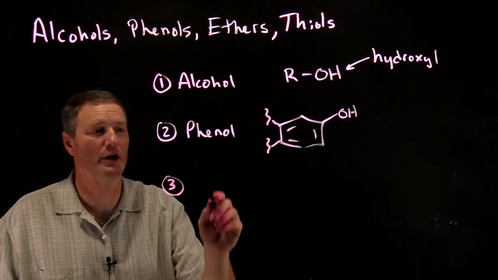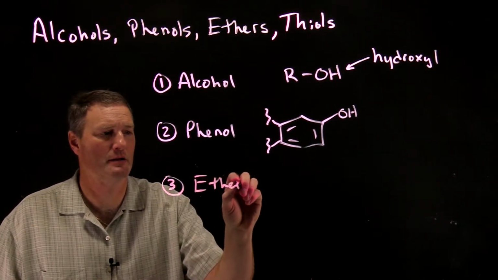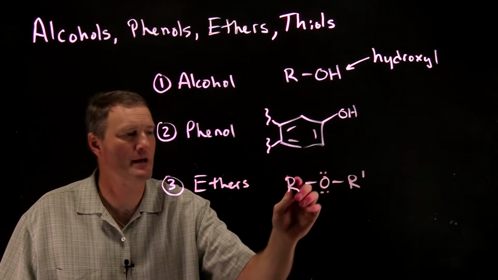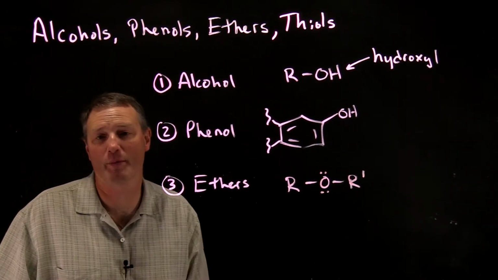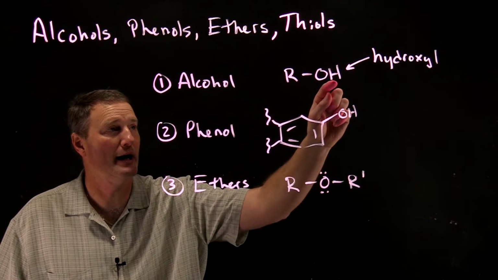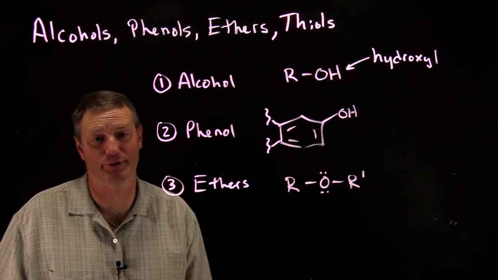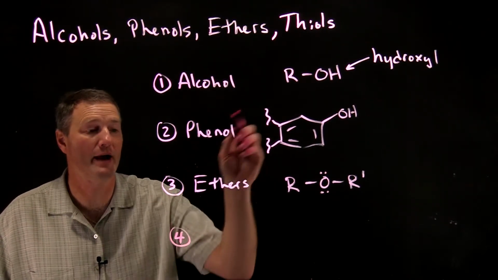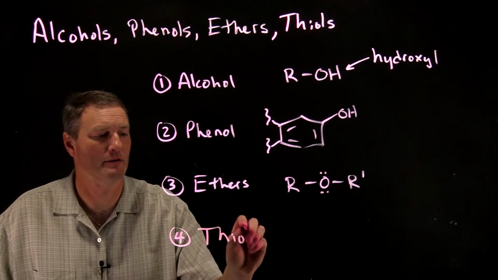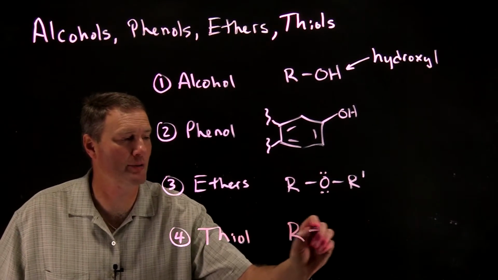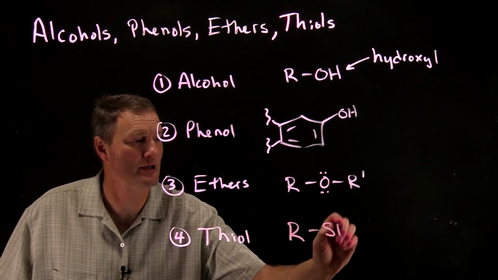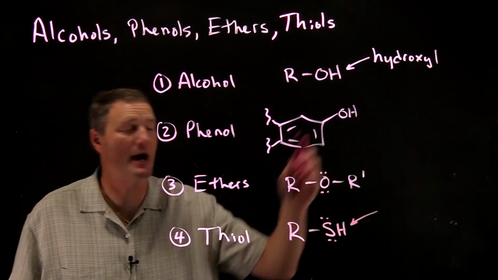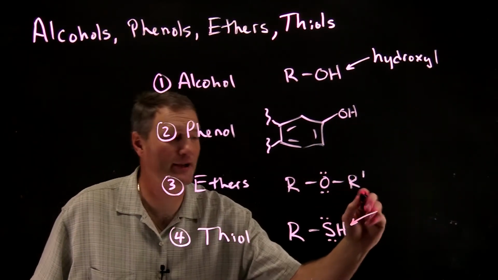Third, we have what are called the ethers. And these are molecules that have two alkyl groups attached. The two alkyl groups could be the same or might be different, but there's no hydrogen attached. There's another alkyl group attached to the ether. And then lastly, okay, we have our thiol functional group, which is very similar to the alcohol group. It's just that we're going to substitute the oxygen with the sulfur. Okay, and this one is sometimes, instead of being called a hydroxyl or hydroxy substituent, it's called a sulfhydryl